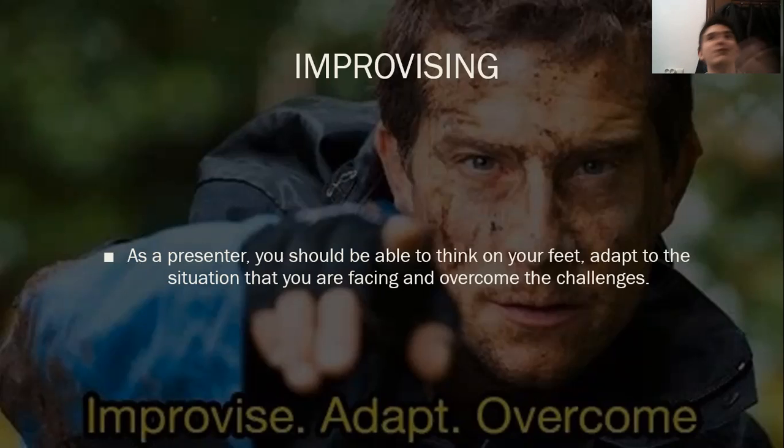But improvising is not something that can be done easily. I mean, it's easier said than done. But again, this just comes back to my point from the first week. Again, practice. You should just practice improvising. You can take improvisation classes, but I don't think they're going to be that helpful. Real experience by presenting is going to help you more, I think. And practicing is just the perfect way to do that.